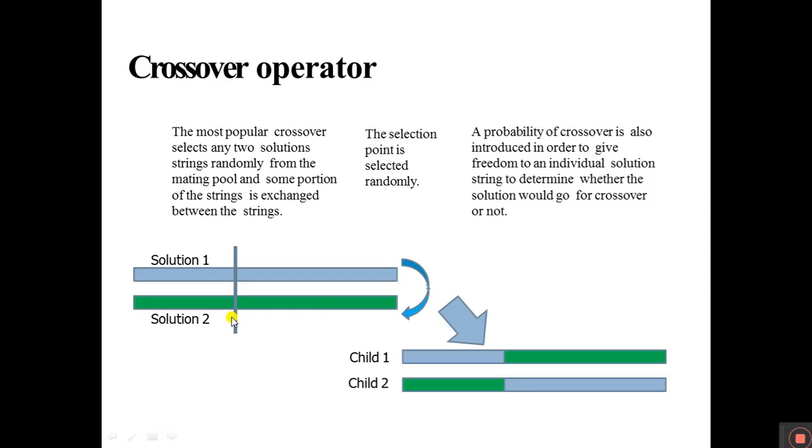See here the crossover point 1, 2, 3. So different methods we already discussed. For example, if I take these two, if I take single crossover here, solution 1 and solution 2 can be combined together. I am getting the child looking like this. Then the child becomes this green color and blue color. So it is a single crossover point operation.